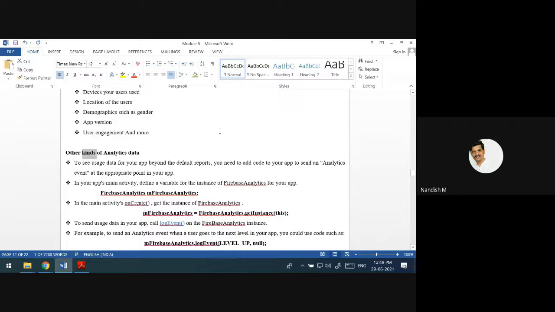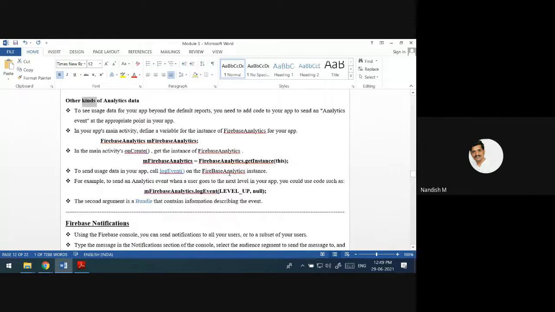See the other kind of analytics. What is the other kind of analytics? It is about events. What type of events the person does, whether he has clicked on a button or any other event. For that, we have a class called Firebase Analytics. You have to create an instance of that. Object name equals FirebaseAnalytics.getInstance.